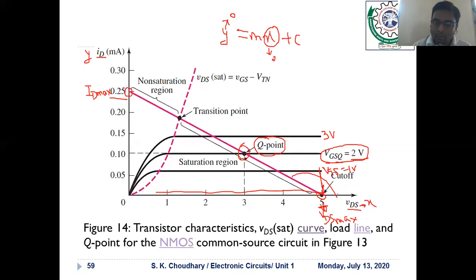Here the main concern is voltage and current: ID is the drain current, and VDS is the output voltage that is fixed at that particular Q point. So the Q point provides the stability of the operation of the transistor. Also, it indicates where your transistor is working. We will see that a little further as we move on in the discussion.